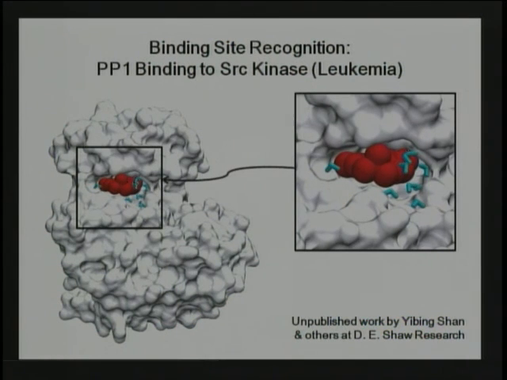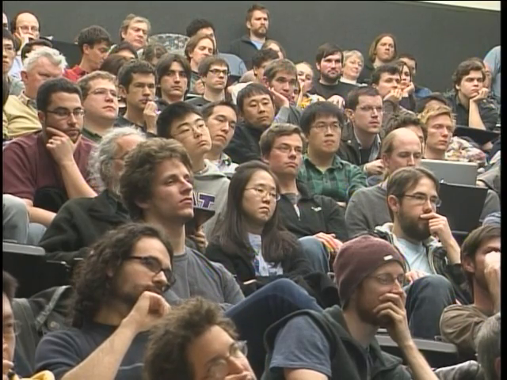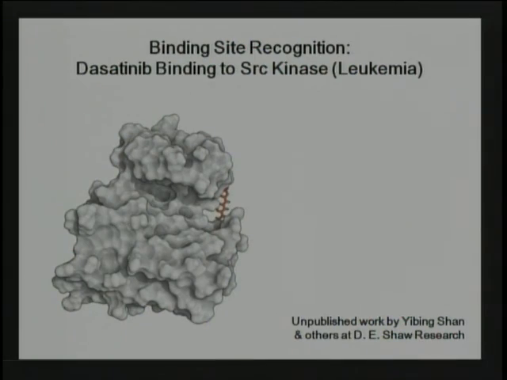Oh, this is the same one, which is just showing the water molecules. And in fact, it's a very snug fit. When it finds its binding site, if you consider the water, it's fitting very neatly in there, which is what the drug really wants to do, among other things. So here's another one. This is also binding to Src kinase. It's a drug called dasatinib, and it is an actual drug that's approved for leukemia. And it's known, again, where that binds.